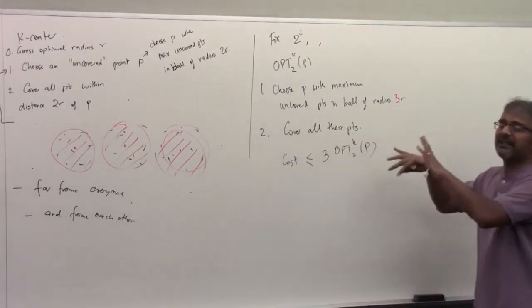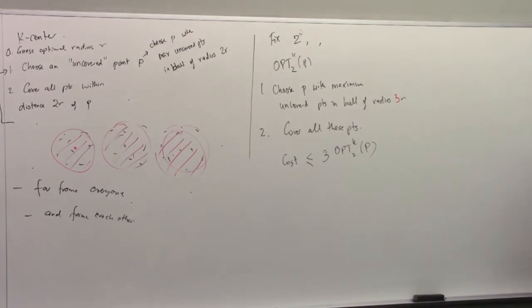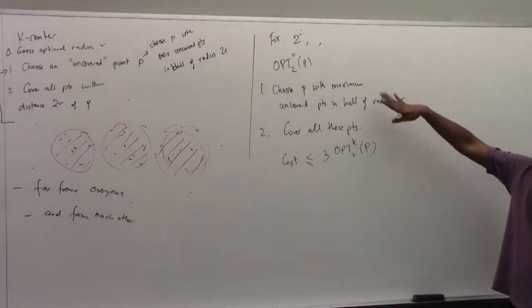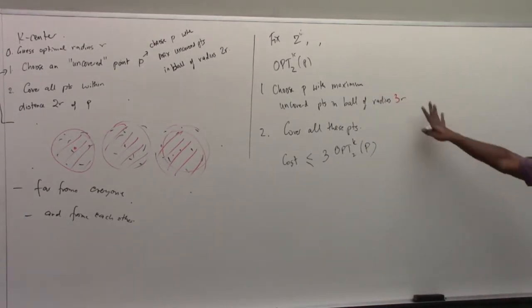And so the analysis is a bit tedious. I mean, not tedious, it's actually clever, but it takes a bit of work to prove this. It's what's called a charging argument. You need to prove some things. But that's all. And again, there's this sort of uncomfortable thing about guessing the value of R. But apart from that,